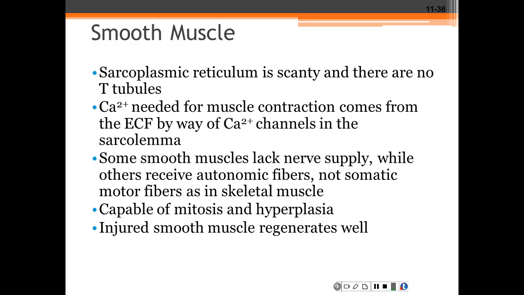So let me look at the smooth muscle. The smooth muscle myocytes are named smooth due to the lack of striations and are different in many ways from the myocytes of the skeletal muscle. Now, the smooth muscle is not always innervated, but when it is, the nerve supply is autonomic. The nerve fibers do not form neuromuscular junctions with the myocytes. Each fiber has about 20,000 bead-like swellings called